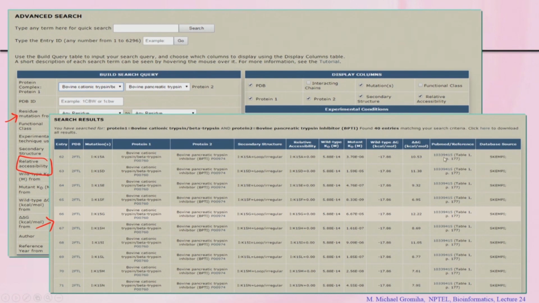Then we give the PubMed reference, so that you can link to the PubMed. What is the PubMed? Literature database. And we also give exactly where you can get the data, table 1 page 177, you will get exactly the same data from the literature. So, this will help the users to verify the data as well as to get more information regarding any particular complex,